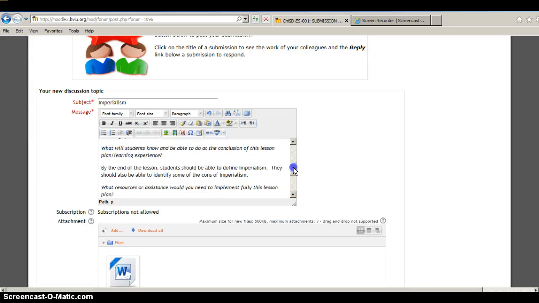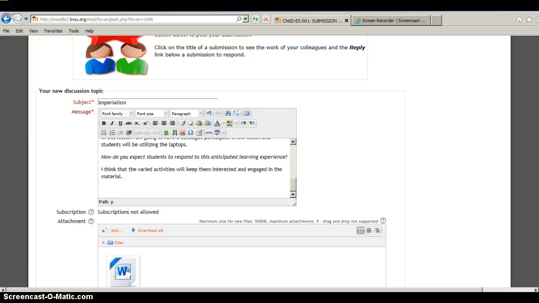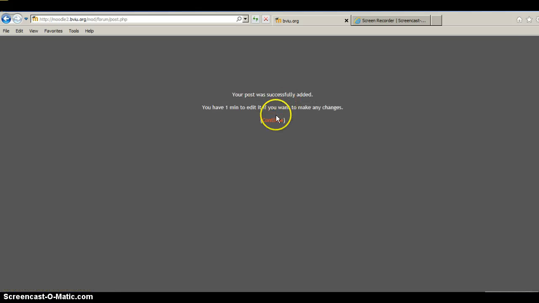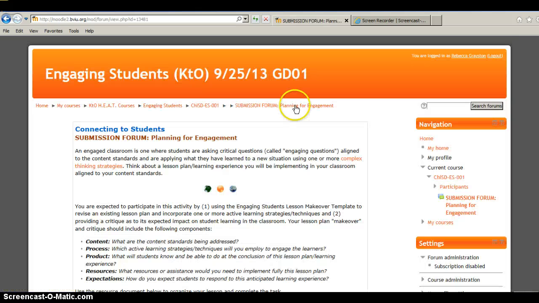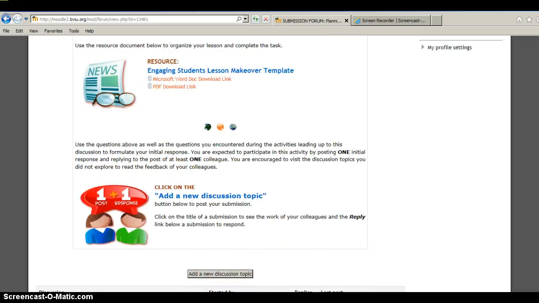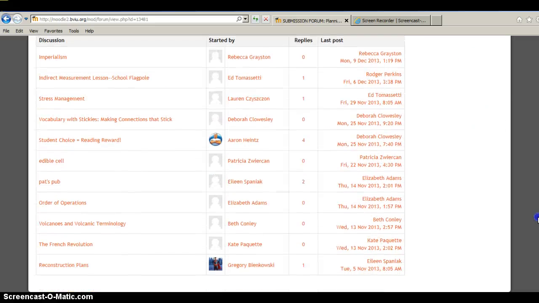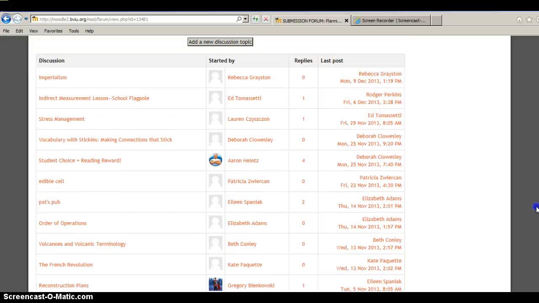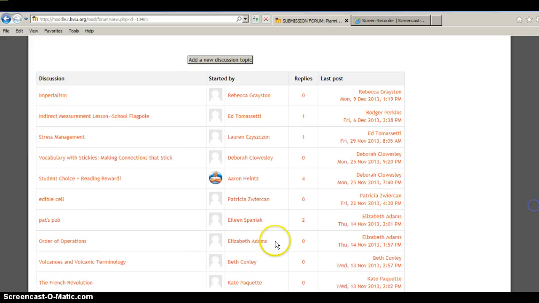So once you have included your responses, you're pretty much done this. You're going to click the button that says Post to Forum. You continue. And then the very last thing that we need to do is we need to choose one of our colleagues to respond to. So we'll just scroll through here. We will find